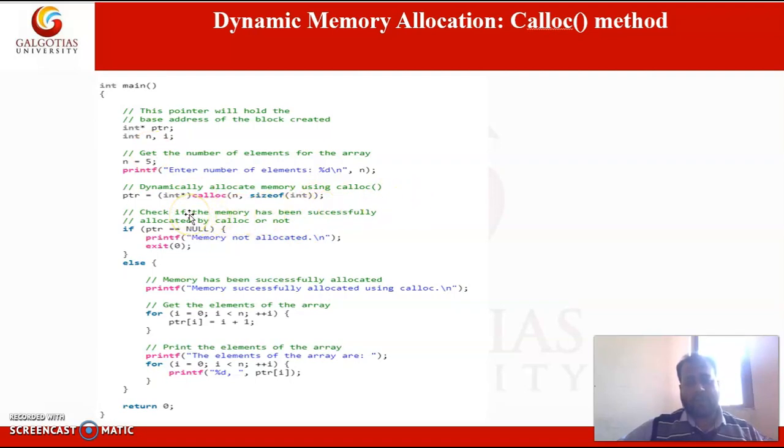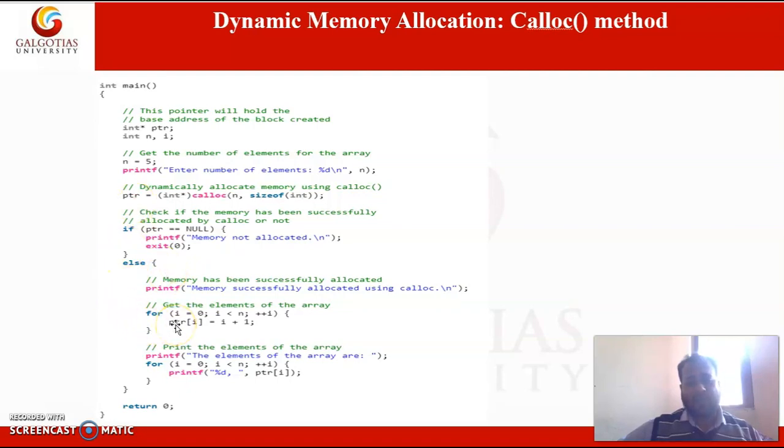If memory allocation is not successful, then it will return null and our program will exit from execution. If this is not true, it means the calloc method has successfully allocated some memory blocks and it will return the address of the first memory block to the pointer.